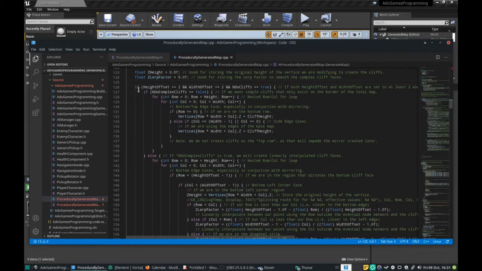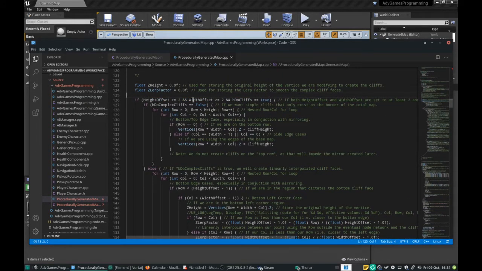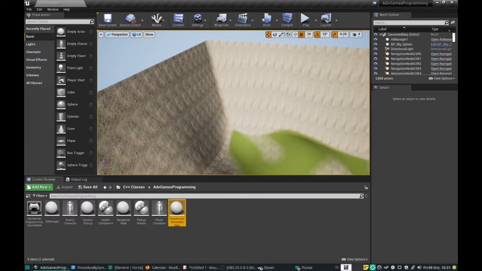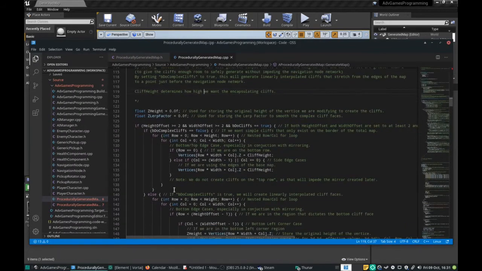So we start off by figuring out just how much width and height offset we have, and if we have enough, then we can generate our cliffs. And there's actually two options for cliff generation: simple cliffs, which is default, and complex cliffs, like what we see here. And the simple cliffs just target the edge cases, where the row is 0 or the column